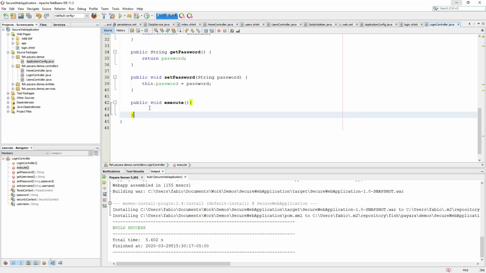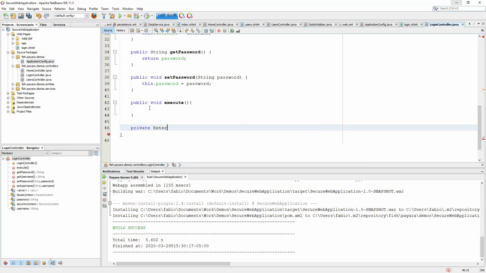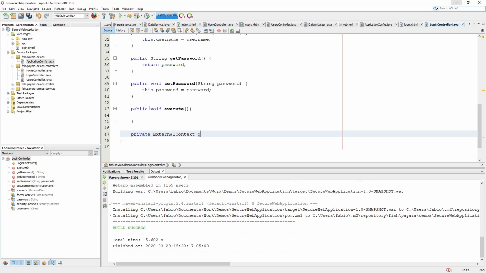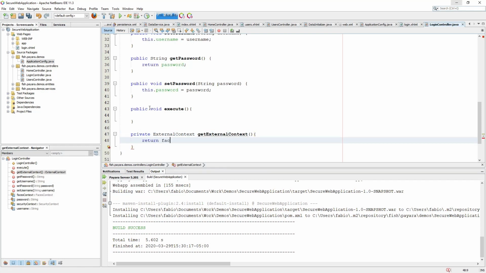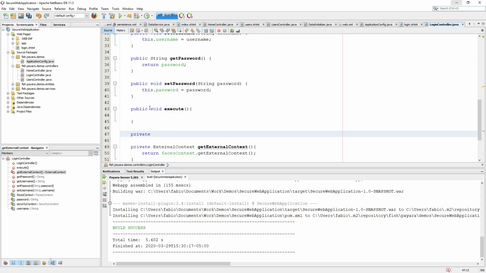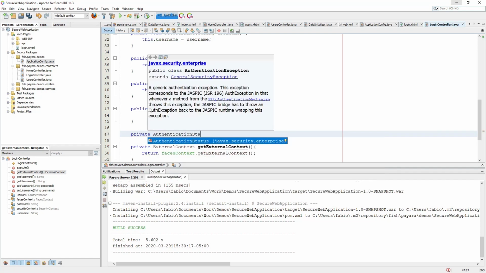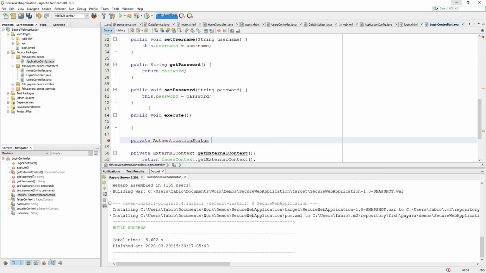So let's populate our execute method. First, I need two helper methods. One to obtain a third context called the external context, which is the one that will allow me access to the underlying servlet constructs. So in this case, how do I obtain this? Simple, I call facesContext.getExternalContext, and then I need a method to execute my authentication attempt. So in this case, the outcome of that will be AuthenticationStatus. Let's call this processAuthentication,